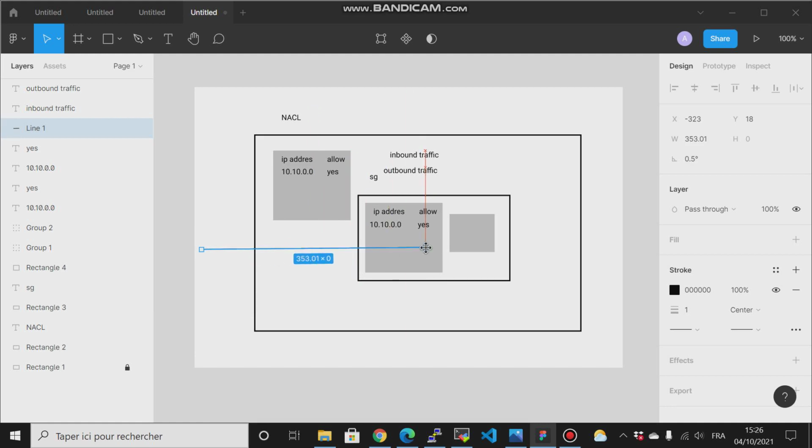Once it gets in, it does not care about the traffic that is getting outside. That is what stateful is, because it still remembers, yes, this traffic I have allowed to get in, so now it does not matter to me, it can get out. But for the network access control list, it